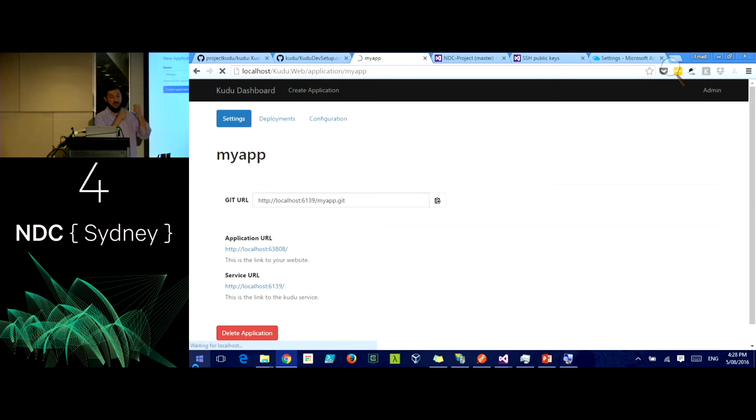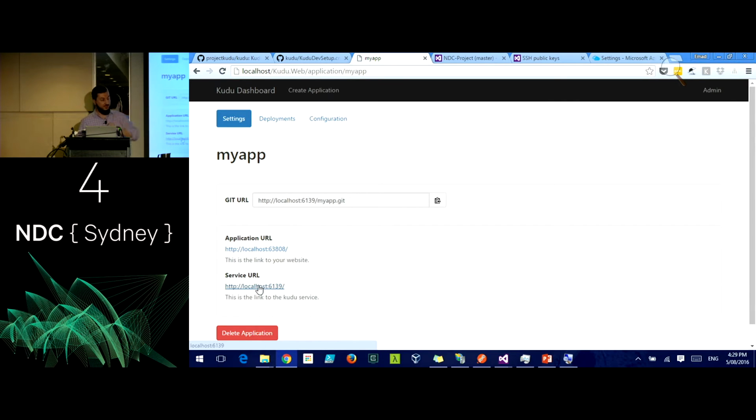It's creating an application for me, a site for me on IIS. So you can see that I have 3 tabs with a Git URL and 2 URLs available for me. The first URL is the application URL itself, and the second one is the URL of the SCM site,